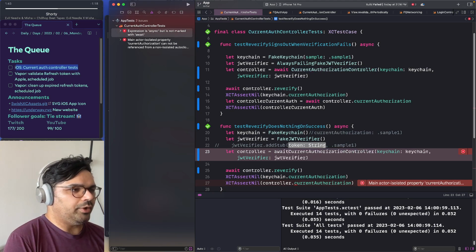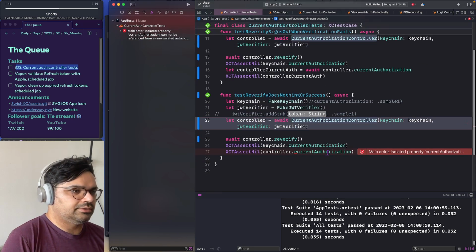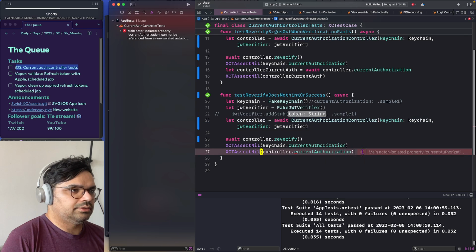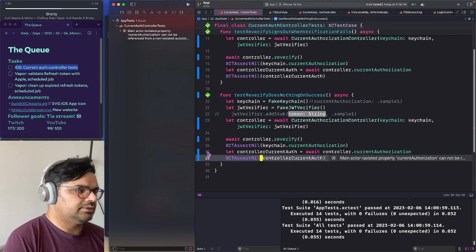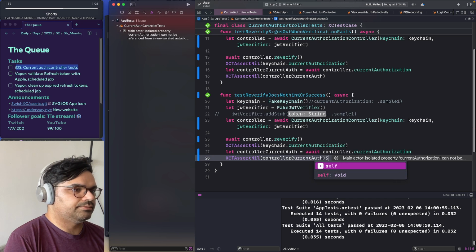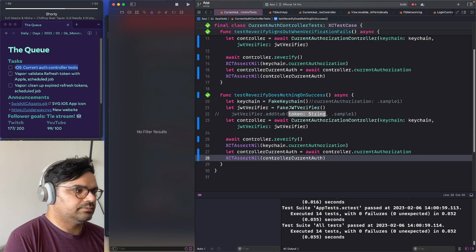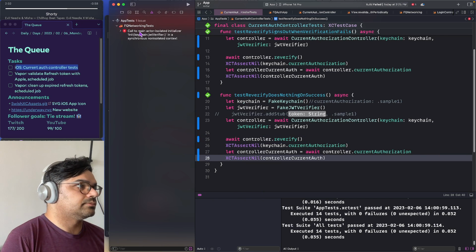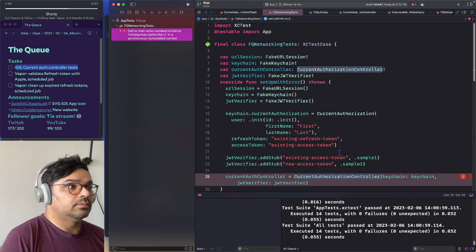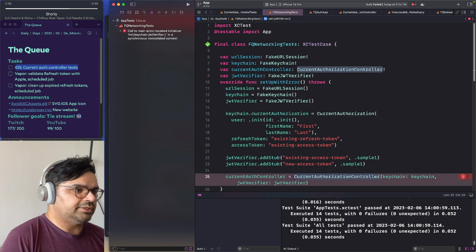We are awaiting an init here. And I guess the same thing, let's copy and paste that. And, oh, this is another test that we need to